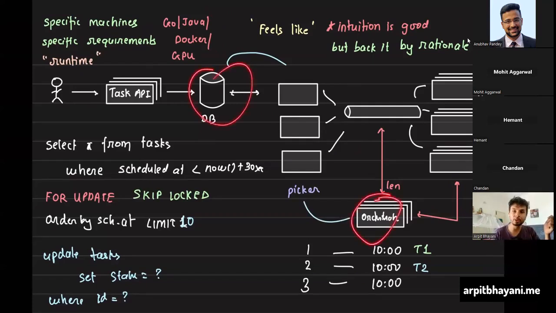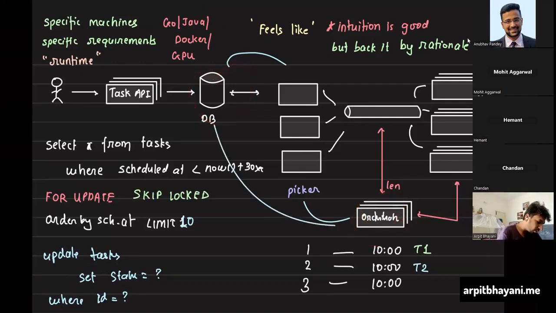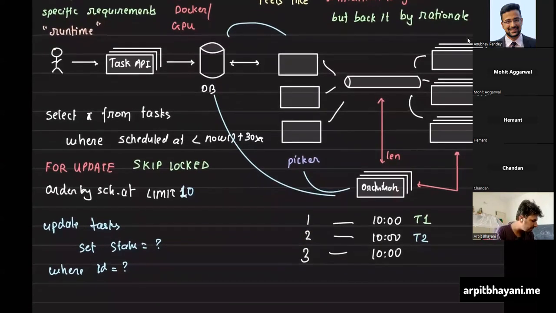So what would your orchestrator do? The orchestrator would look at this database and figure out, hey, within the next 5 minutes, for example, how many tasks are scheduled? Because you are doing a forward forecast of 5 minutes, you would have time to spin up infrastructure for this, right? Now, when one picker runs, you know exactly how much time one query would take, because this limit 10 limits the number of tasks you're reading in one shot, so you would know exactly how many machines you need.